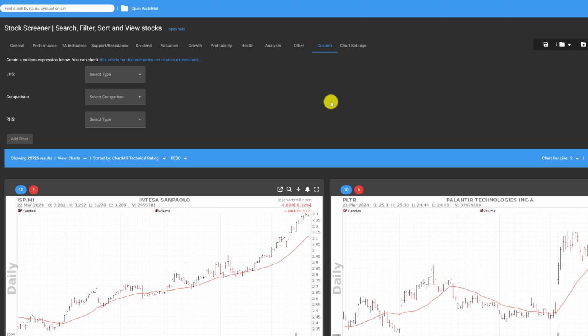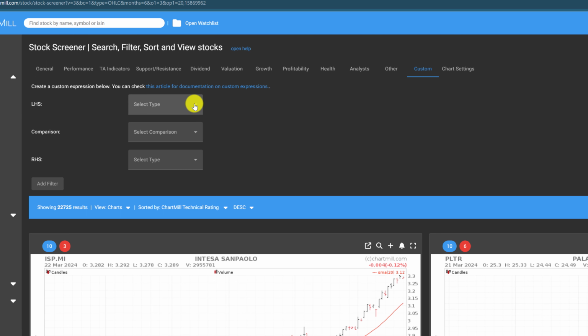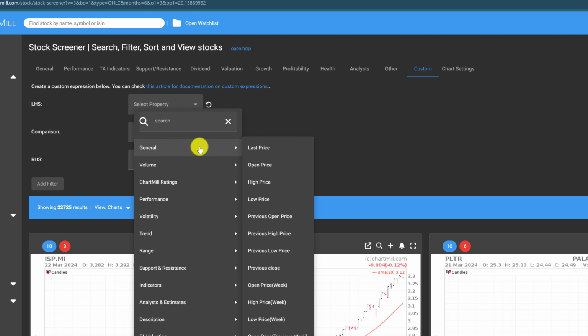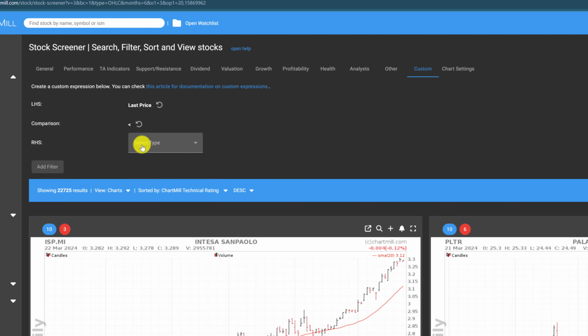To do so, we will have to define two specific custom expressions. One that states that the last price can be at max 1% below the SMA 20, and then the other one that defines that the price may be at max 1% above the SMA 20. So first of all, for the left hand side of the expression, open the drop down menu, select property, and then open the drop down menu again, general, last price. So the last price should be lower,